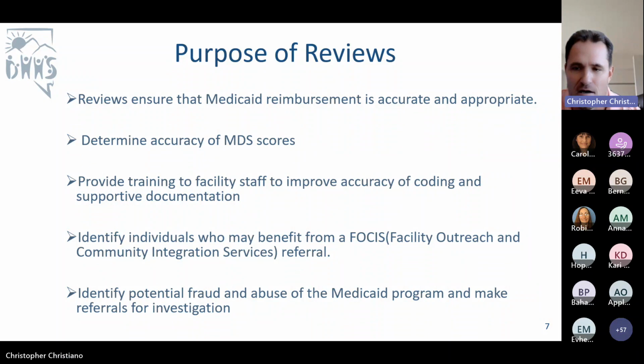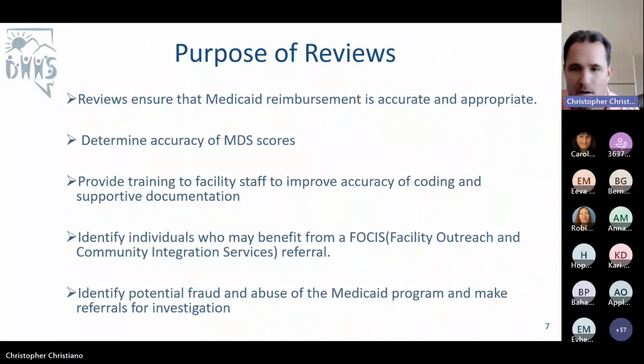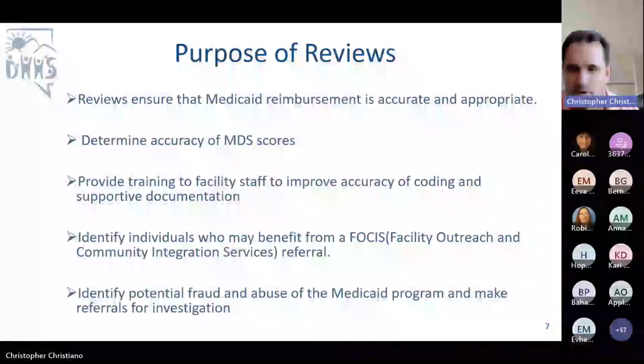One of the things that is often realized by our facilities, and we've discussed already, is that we provide training to hopefully improve your accuracy, not only, well, mostly during your next review, if you do not score what you were hoping to. We do provide that training, and that's why we have these trainings. So training on error codes is part of our duties as MDS reviewers here at Nevada Medicaid, and as my responsibility as a state case mix coordinator.